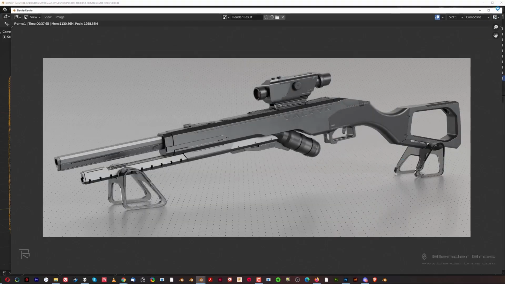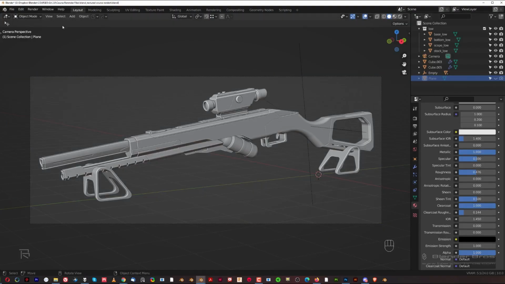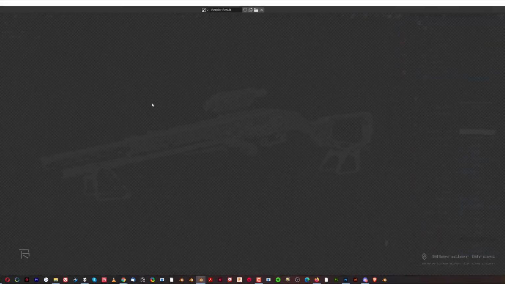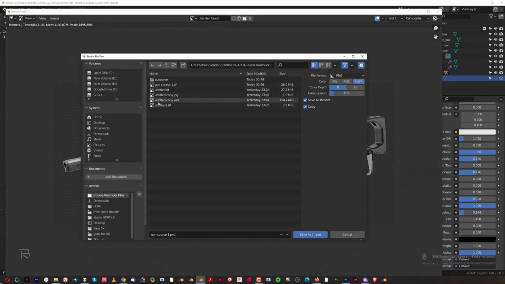And then I'm going to create one more. I'm going to click on the background, and I'm going to disable it in render, and I'm going to render just the gun, okay? This should be much quicker. There you go, 11 seconds. That was really quick. So here, let's call it gun 2